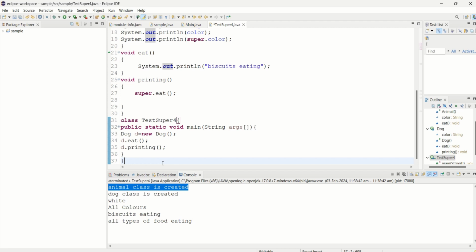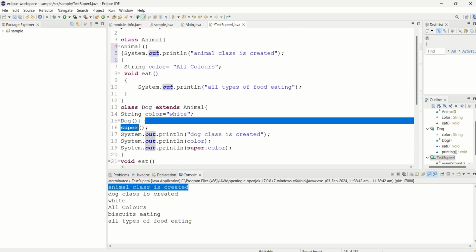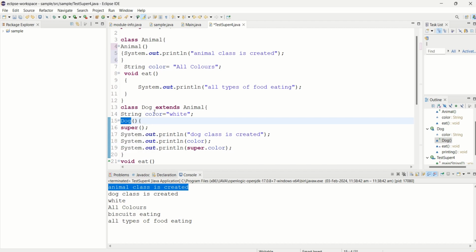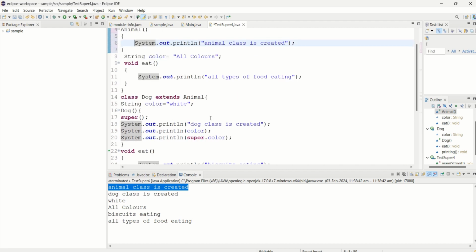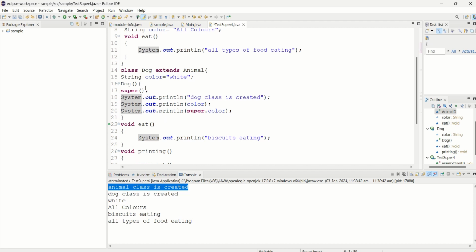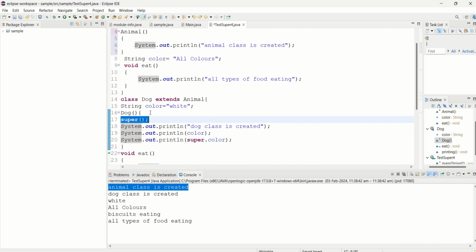We use the super keyword to call the superclass constructor in the subclass. Okay. So if you see here, Dog is my constructor in the second class, the subclass, and I have Animal. This is my parent class constructor. In the parent class constructor, I have System.out.println "animal class is created". In the subclass, in Dog, the first statement is super, so it's just going to invoke this